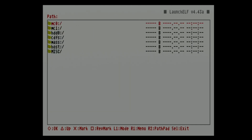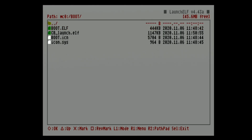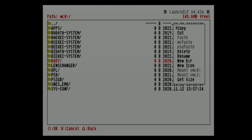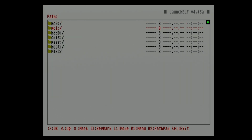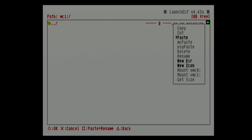So if we come in here, go to MC0, that's our Freemcboot memory card. And let's say we have a second just vanilla PS2 memory card. What we could do easily is come over here, we go R1, copy that, go back out, go to MC1, I don't have one in there, we'd hit R1 again and paste